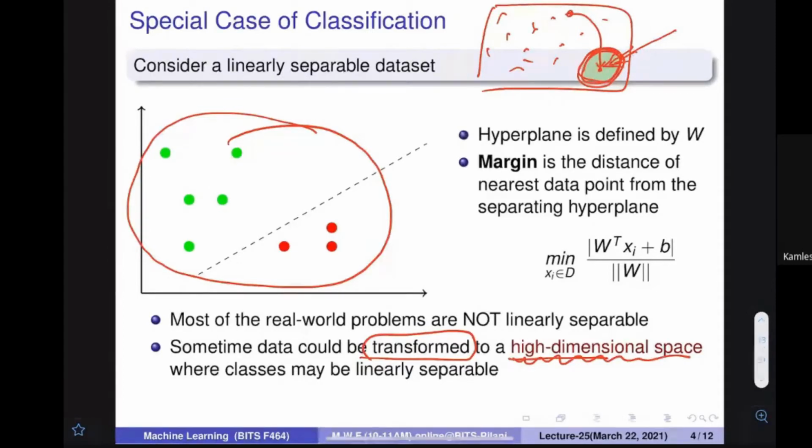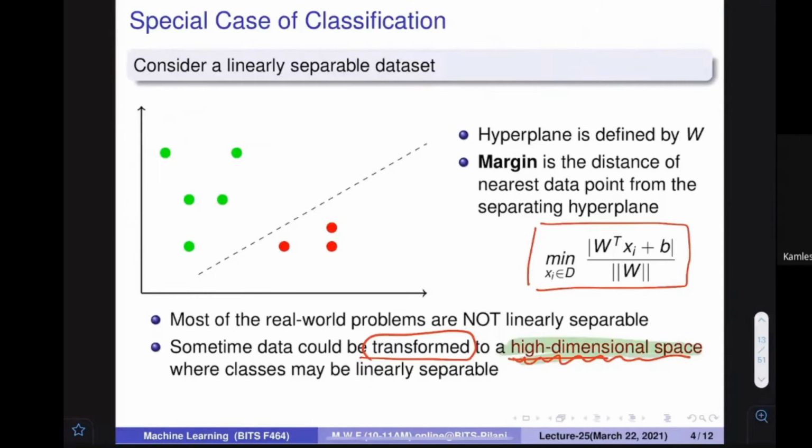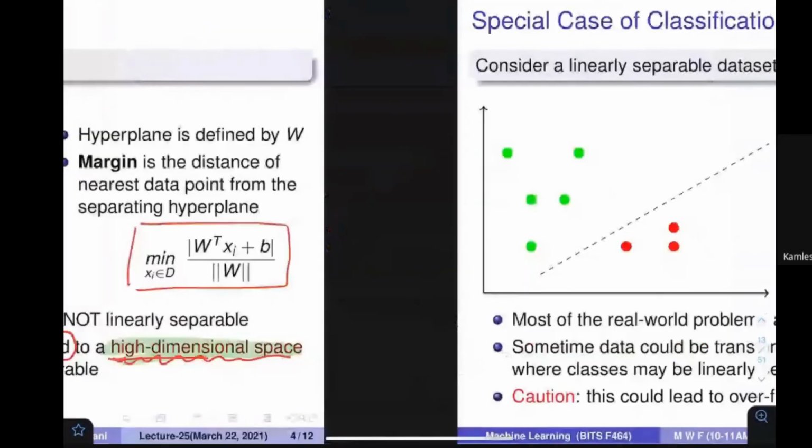So the method that we are going to discuss becomes very general. We started with the fact that if the data is linearly separable, then we can find the parameters. And now look at what I'm saying: even if the data is not linearly separable, we can transform it into a higher dimensional space so that it becomes linearly separable. And now we are done. We can solve this problem. Make sense? Please note that till now we have not talked about anything about the SVM. We have only talked about a linear hyperplane, the hyperplane that separates two areas, and these properties. Okay, let us discuss something more.